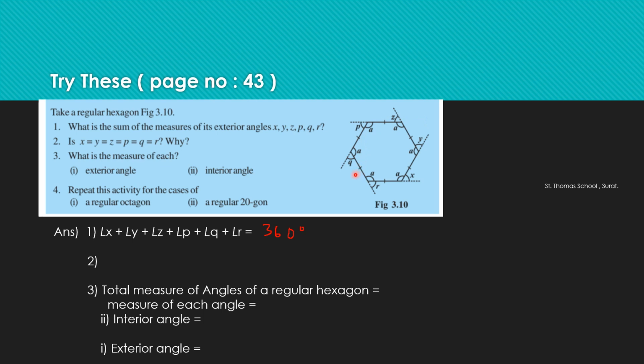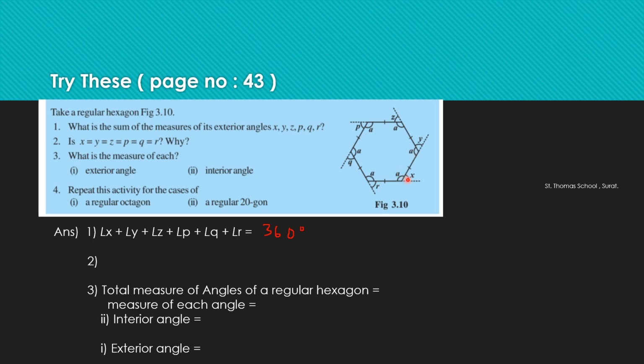Yes, already we have studied that in a regular hexagon, in a regular polygon, all interior angles are equal. So this is the interior angle and this is the exterior angle. So interior angles are equal. So what is the exterior angle? These two form a linear pair. So the exterior angle is equal to 180 minus the interior angle. Suppose this A is equal to 120 degrees. So what is R? 180 minus 120, that is 60 degrees. In the same way we can find all exterior angles.